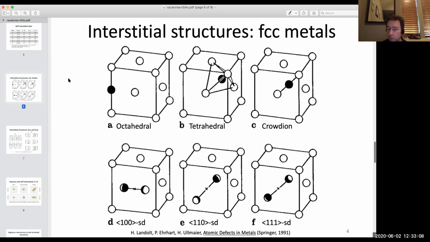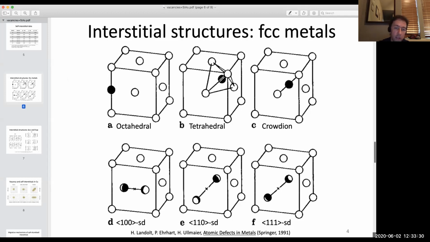Presumably, many of you have had an introduction to crystal structure, and you've probably seen some of these different varieties of point defects. For example, these are the types of interstitials that you can have in a face-centered cubic crystal.